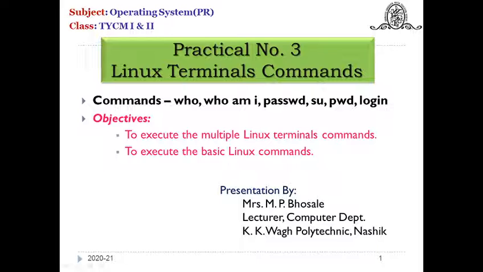Today we will see how to work with or execute multiple Linux terminals and basic commands. It includes who am I, passwd, su, pwd and login commands. Some of them are commands that need multiple terminals being used by multiple users, and some of the commands are related to security purposes. So the objective of this practical is to execute the multiple Linux terminal commands and to execute the basic Linux